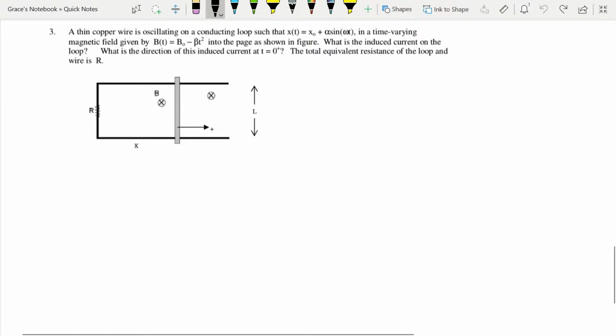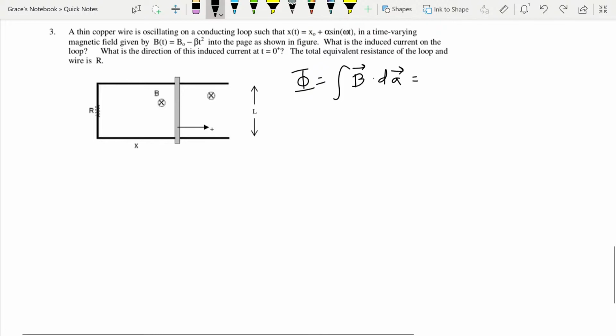What is the induced current on the loop? What is the direction of this induced current at t equals 0 plus? The total equivalent resistance of the loop and wire is R. So first we're going to look at the flux, because the flux will help us find the EMF, which will then help us find the induced current, and then we'll use Lenz's law to look at the direction of the induced